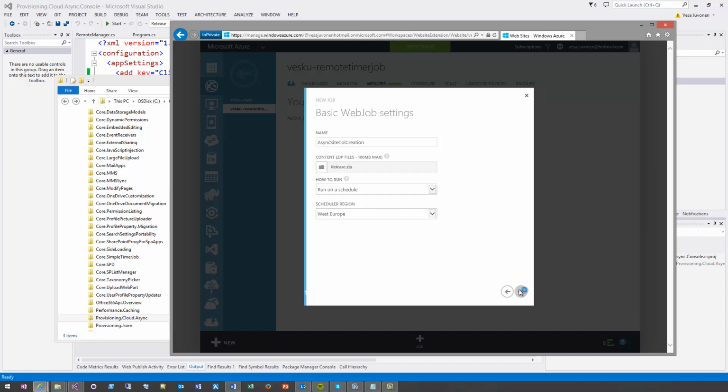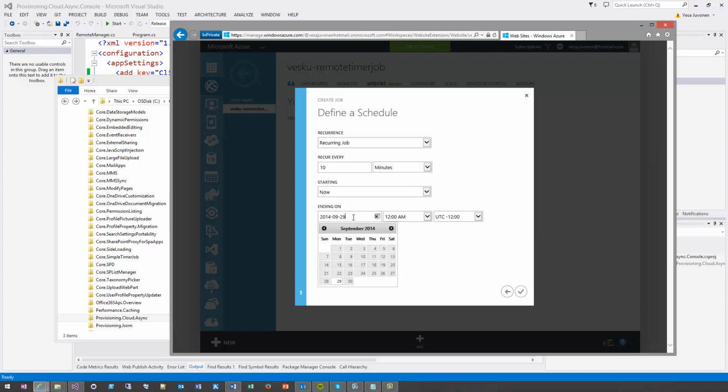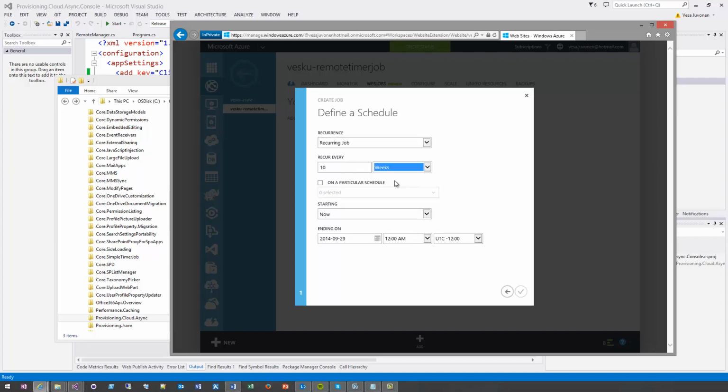We can actually have a quick look at the settings. We can do, for example, execute this every 10 minutes, starting now and ending on whatever time in the future. Or we could do more specific things as well. Every single week, or a particular schedule on Mondays, and so on. So we can do relatively complex scheduling, and then the scheduler will essentially execute the console application or the web